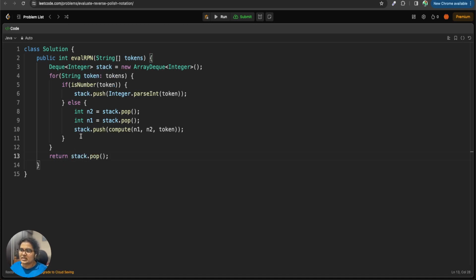We just have to return that. Now we have two functions here to implement, isNumber and compute. Also, this parseInt might throw a NumberFormatException, but as per our problem statement, that should never happen. So let's just say throws NumberFormatException. Okay. Now we have to implement two functions, which is isNumber and